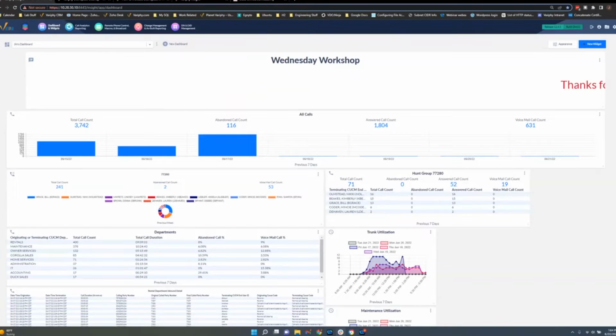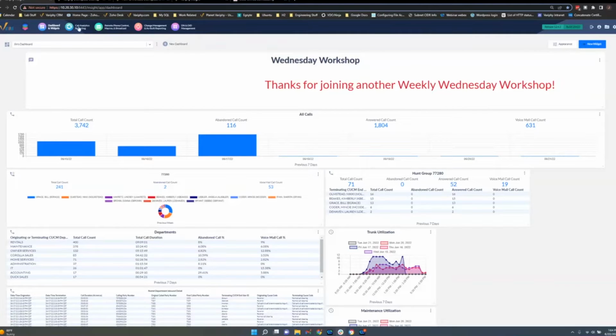So meaning no matter what report you run, they all come back with zero records, or your widgets, as in the case of this widget here, you see a drastic drop to no calls on some days. So we were getting data up until June 17th, and then after that we have no data. So something's wrong there. So we're going to cover what to check. There could be a few different things that cause this.